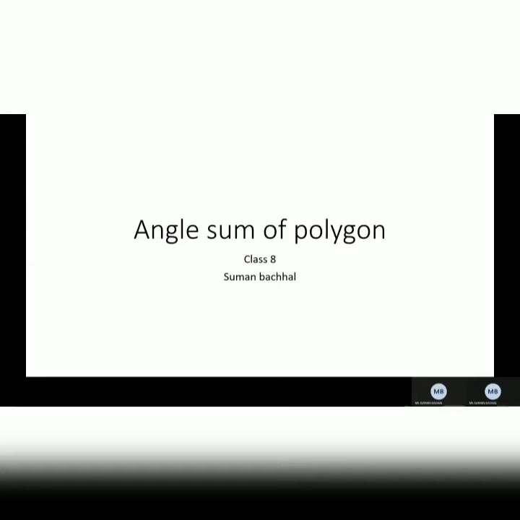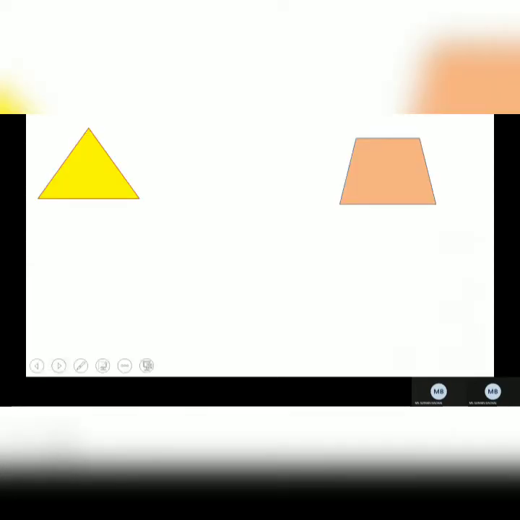We will do angle sum of polygon. So what is a polygon? A polygon is a closed figure made up of line segments. Here we have two polygons. One is a triangle ABC, and the other is a quadrilateral